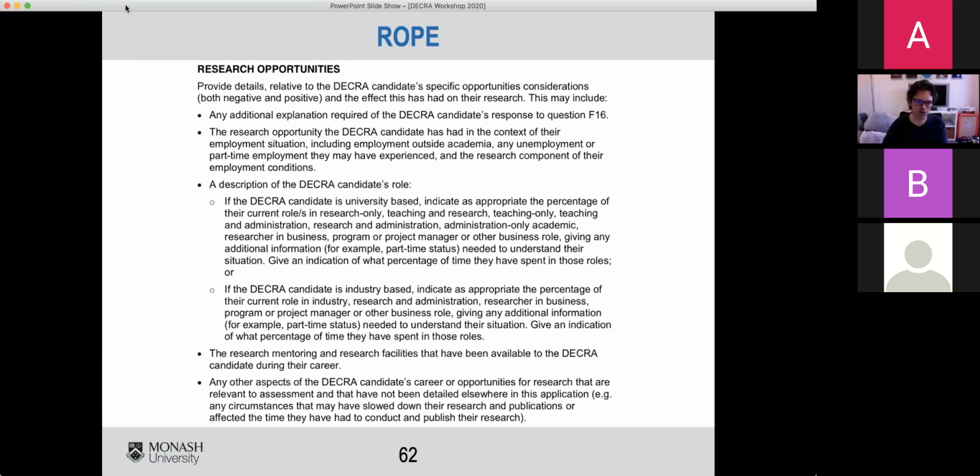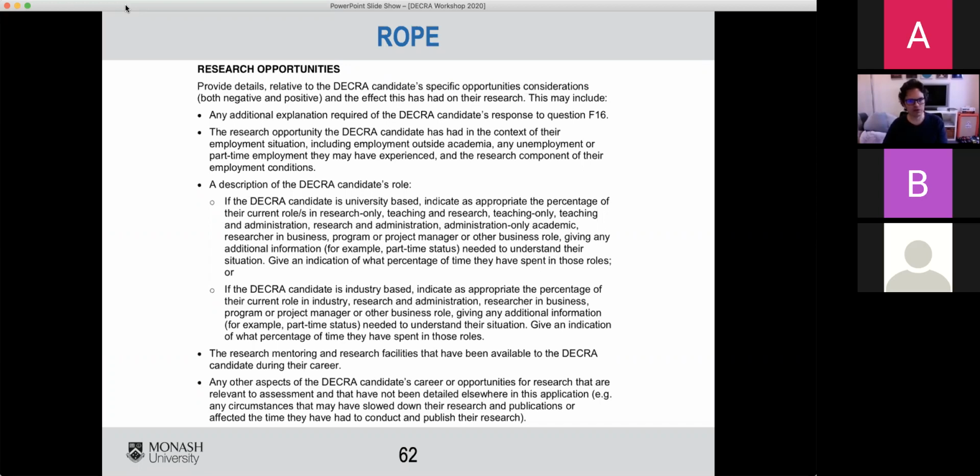You get a chance to describe the research mentoring and research facilities that have been available during your career. So I would try and find, I mean, you want this to try and be positive wherever you can. It's kind of like the real estate thing, you know, where a small house is cozy.